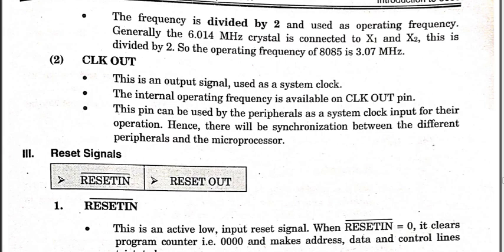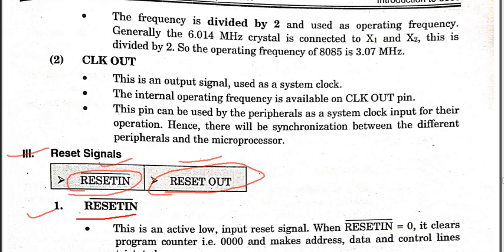तो लास्ट लेक्चर में हमने 8085 का पिन डायग्राम स्टडी किया था, ठीक है। तो उसके जो पिन्स के डिटेल्स हैं, वो हमने स्टार्ट किए थे। तो अभी नेक्स्ट पिन जो है वो रीसेट सिग्नल्स है। So there are two reset signals, reset in and reset out. Reset in is the active low signal and reset out is the active high signal.